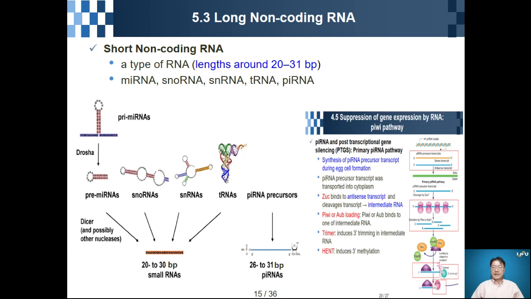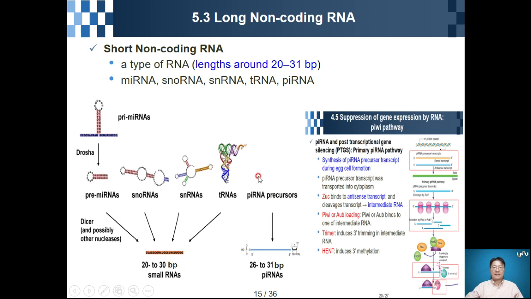So in this slide, we will learn the third subject, long non-coding RNAs. Previously, we learned short non-coding RNA. Short non-coding RNA is a type of RNA. The length is around 20 to 31 base pairs. So short non-coding RNA is composed of the microRNA, miRNA, and snRNA, and snoRNA, and also tRNA, and finally there